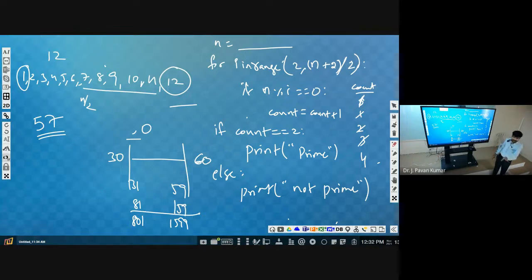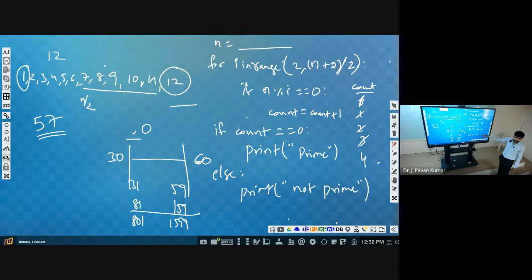Because 1 we have already considered and n we have already considered, we should not have any more factors. So what should the condition be? Count should be 0. If the count value is 0, then we can say it is prime. Other than 0, if you have any other factor, then automatically it is not prime.